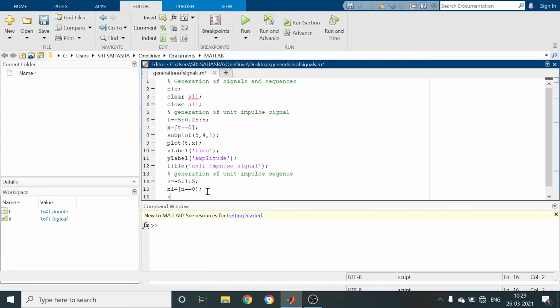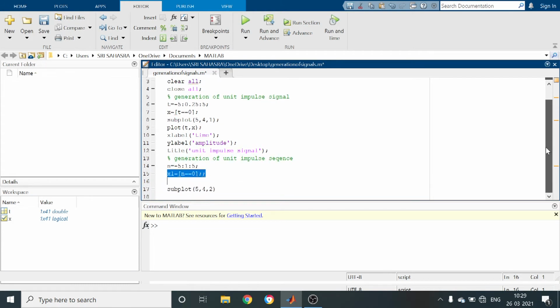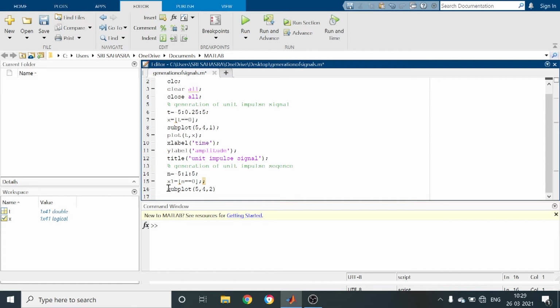Next, again the subplot command, because we already plotted in the first position. So that is 5 comma 4 comma, now I am writing 2, that is the second position: 5 comma 4 comma 2.